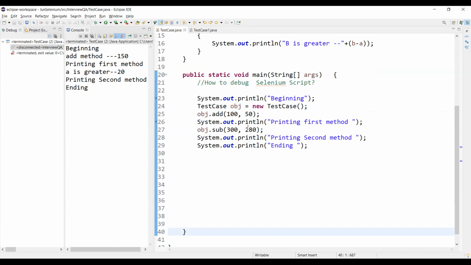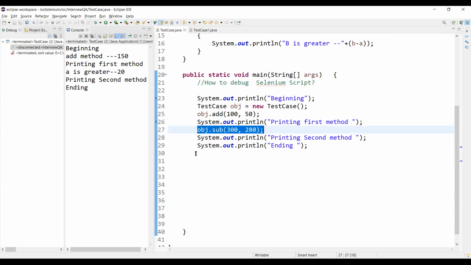Now we have used step over. Step over means it moves further within the method: in the main method, whatever steps we have written, it navigates to the next line. That is step over. Suppose here we have a method and I want to know how the method is written.